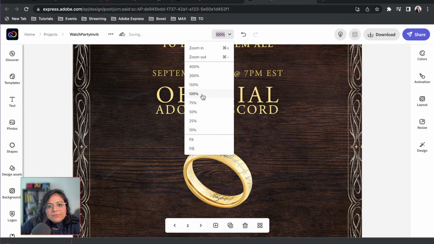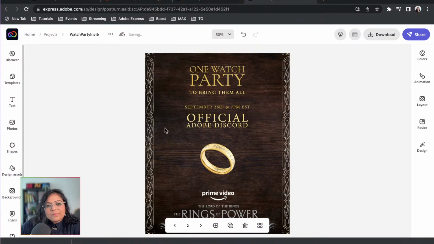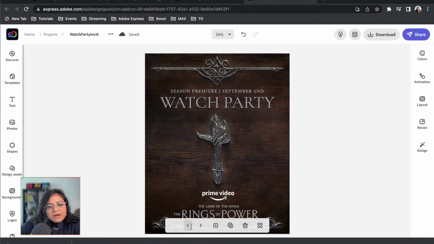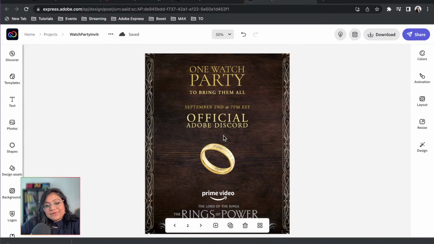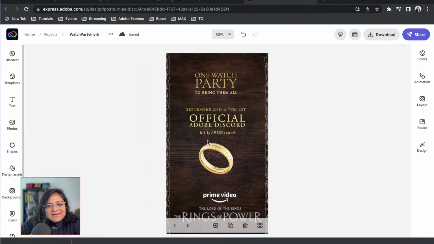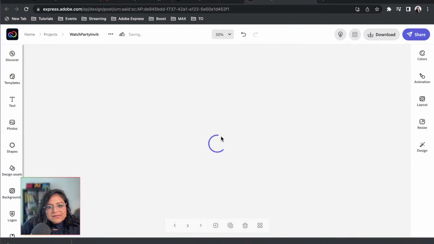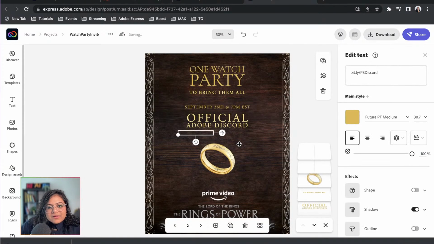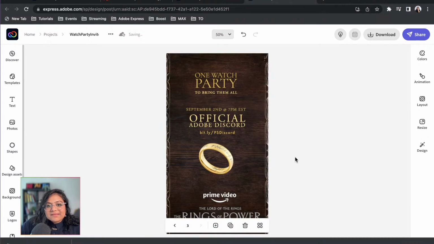I want to zoom out, make it like 75%, actually much smaller, make it 50% so that we can see stuff here as well. This looks pretty cool, but this looks much cooler because this is like the official Adobe Discord. I mean, you gotta agree, right? Okay, I'm going to bring this guy in here as well. So I'm going to press Command C and then Command V and bring it here and center it. Now, I've already made something for your flyer and something for your Instagram story.